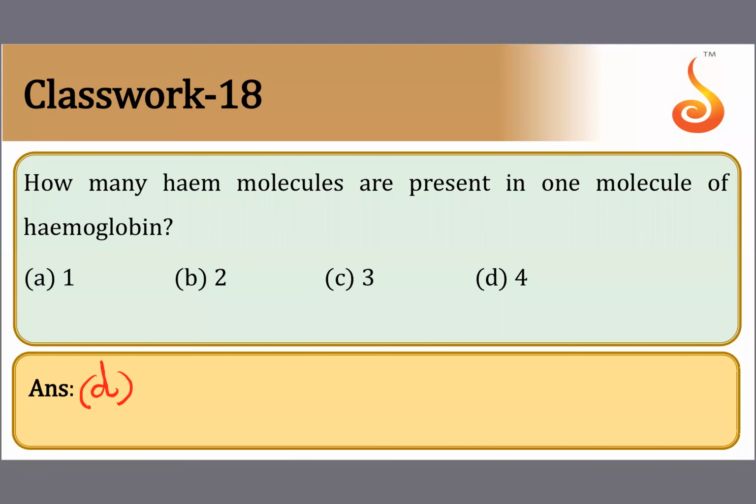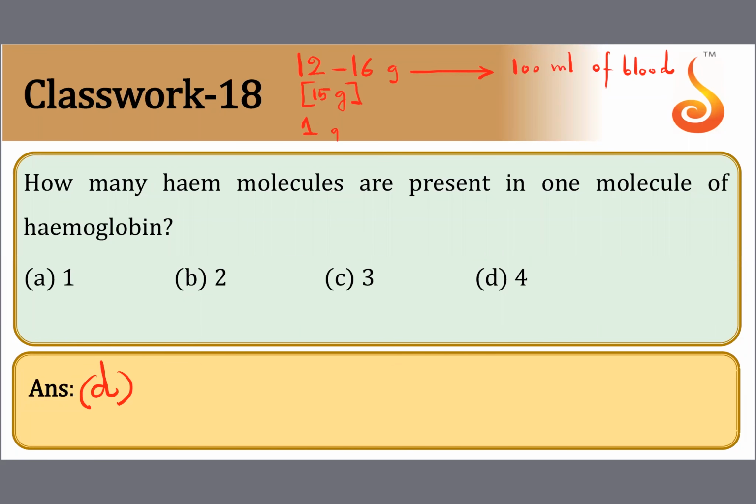Another thing is, how much hemoglobin is there in your blood? They may ask you. 12 to 16 gram of hemoglobin. Let us take an approximation of 15 gram of hemoglobin in 100 ml of blood. These values are important. 100 ml of your blood will have 12 to 16, or about 15 gram of hemoglobin.